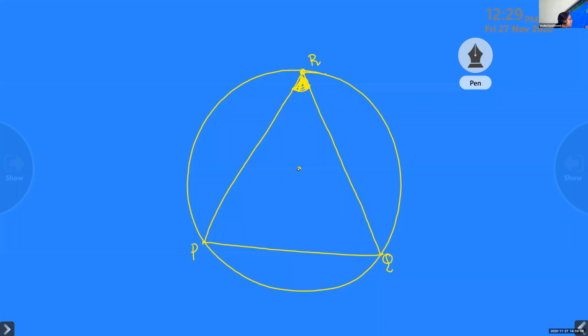And similarly, we can connect with the center also. So this chord is making two types of angle. One is at the center and one is at the other point, any point on the circle. Clear, children? So take your notes and draw this. A rough sketch is enough, children. No need of taking your compass and all. Just give a rough sketch.